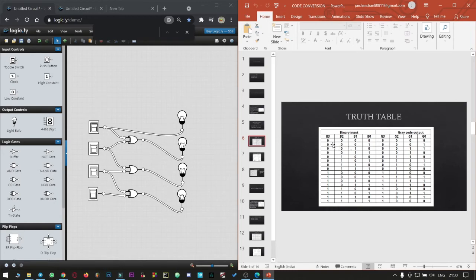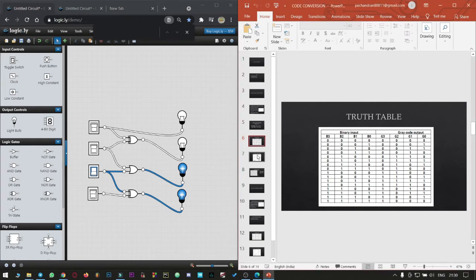As we could see, initially when all the binary input values are 0, the gray code output is also 0. Now when I turn the binary input B0 to 1, we observe that the output G0 also turns 1. The next one is where B1 is turned on and B0 is turned off. Here we could see that the outputs G3 and G2 are 0, and the outputs G1 and G0 are 1. In that way the binary input keeps converting into gray code.